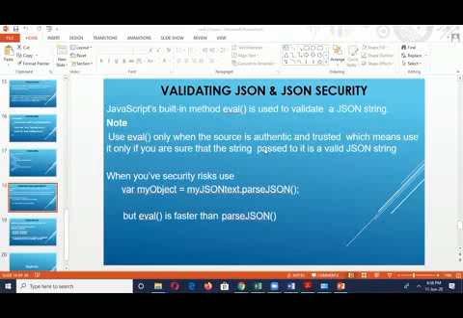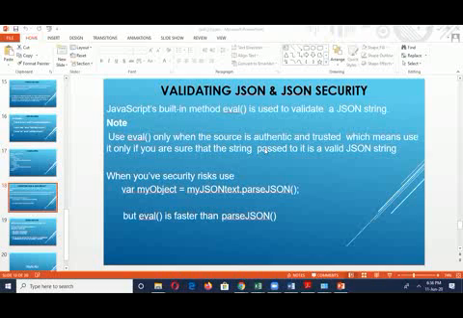When this is used, you can make sure that the string passed to it is valid JSON. Only if you are an authenticated user can you pass this particular string to this particular variable. Otherwise, it will reject it. Since we are using this evaluation function, it will be parsed.